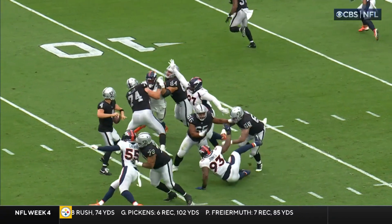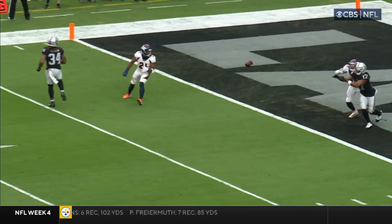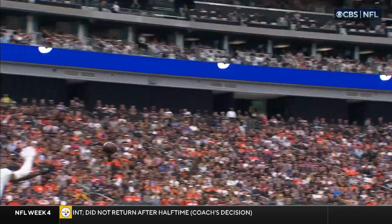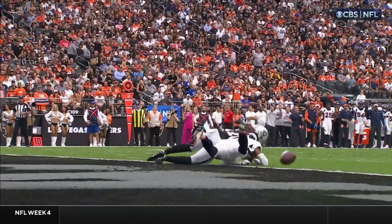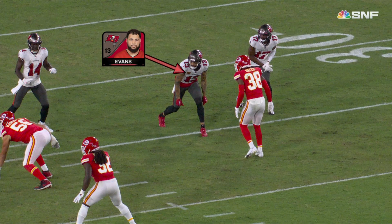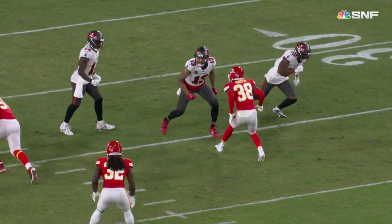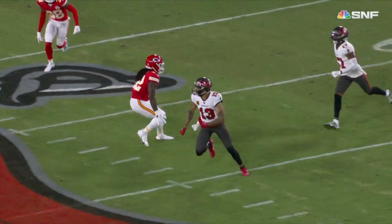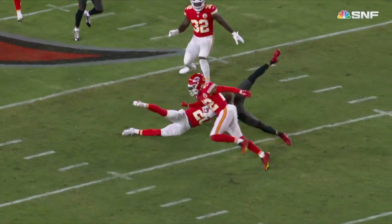Well, Carr thinking Adams was going to work a little bit to the outside, so he puts the ball out there. Had he put that ball more to the inside, maybe on that inside number, that's away from Surtain. He can't get that arm in there. They go down the field, and so what do you put your best. Typically, this might have been Gronkowski. He's not around anymore, so let's send our next big animal down the field and make a...